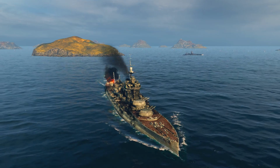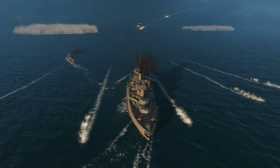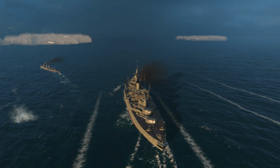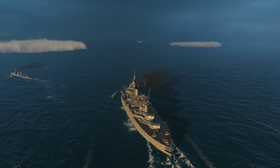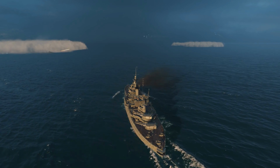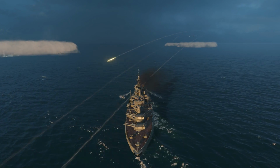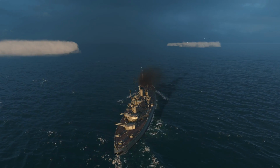1 bomb penetrated Warspite, exploding in the No. 4 boiler room and destroying the boiler. A second missed Warspite directly, but managed to blast a hole in her hull at the waterline. The hole on the port side allowed 5,000 tons of water to gush in, causing a total loss of power throughout the ship. The damage that she sustained in this attack forced her to be towed back to Malta for